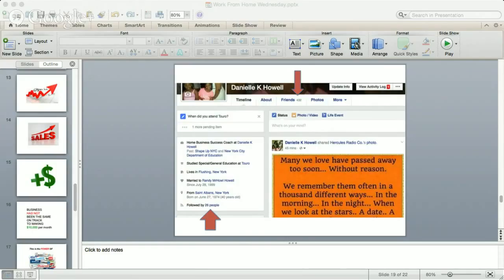And ultimately, those same people will become customers, or even if they don't become customers right away, they will become a support system. A lot of them could be in the same business that you're in, but ultimately they can become someone that you can relate to, and somebody that could possibly refer someone else back to you. Now, this is not friends and family stuff. This is people that are